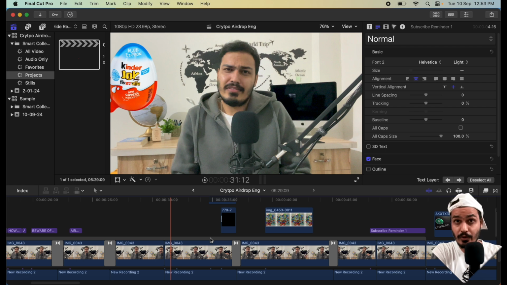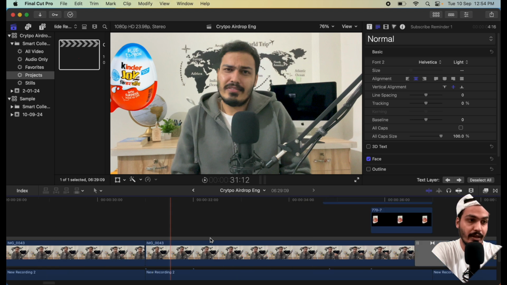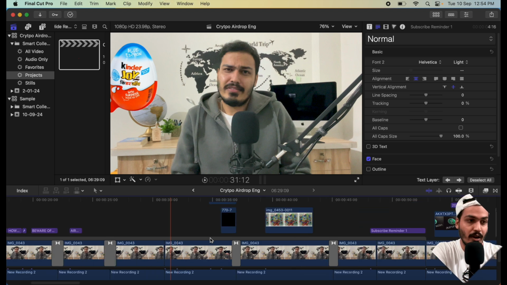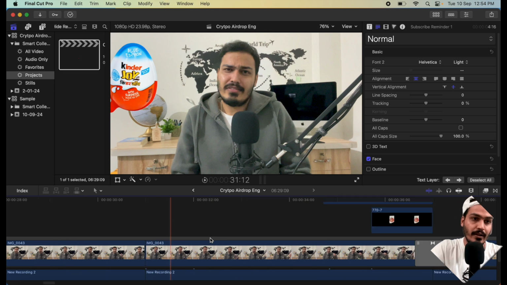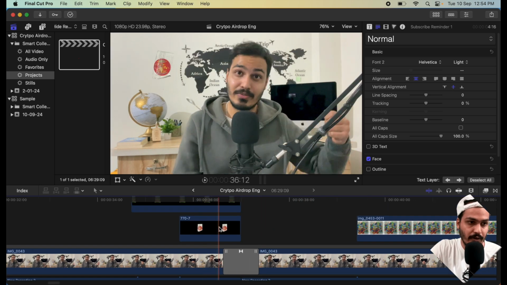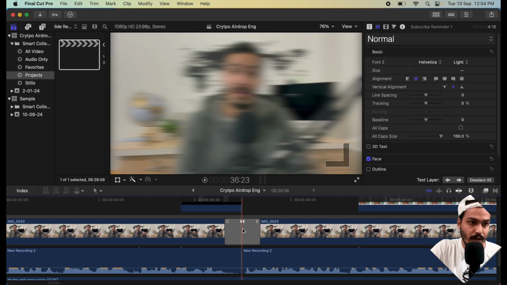And in order to zoom in, you just have to press Command plus, and if you want to zoom out, simply press Command minus, and this way you would be able to zoom in and out quite easily. But for now, let's zoom in, and here you can see that this particular layer has been matched with the